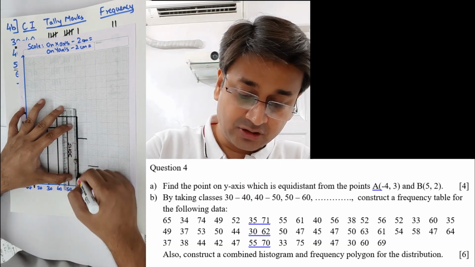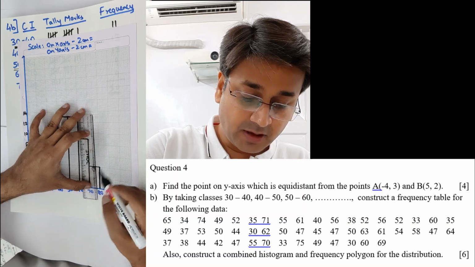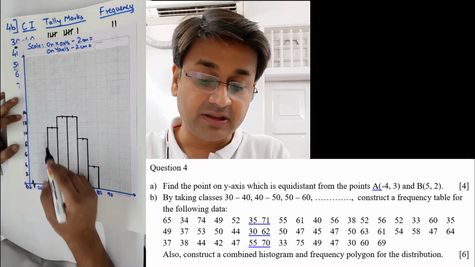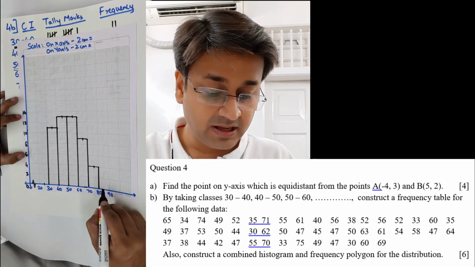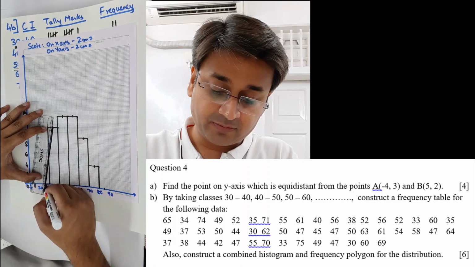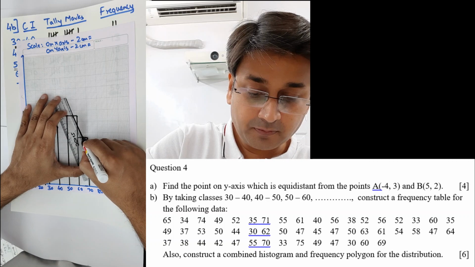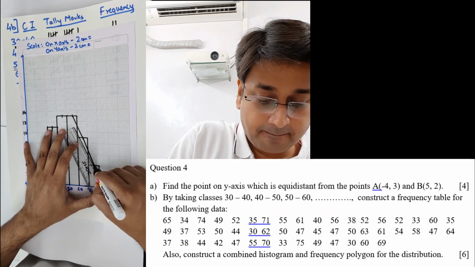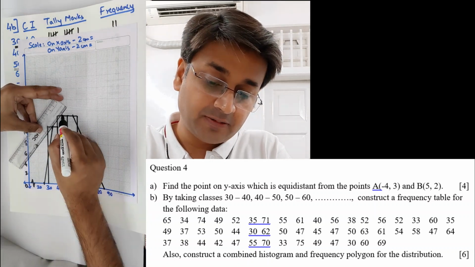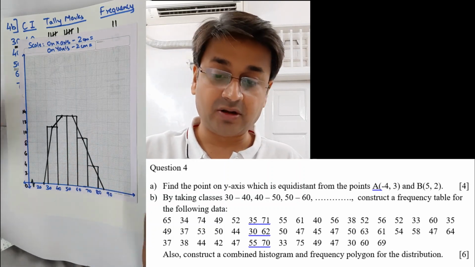So there you go with your histogram. All the bars are being generated. And now for the polygon, all the midpoints. I have seen for polygon people taking the endpoints. Previous also the midpoint, succeeding also the midpoint. So please stick to the midpoints and then join all of them. So that's how it should look like. So that's your polygon. Okay, this I have forgotten to join, sorry. Yeah, so this is your polygon, that's your histogram.